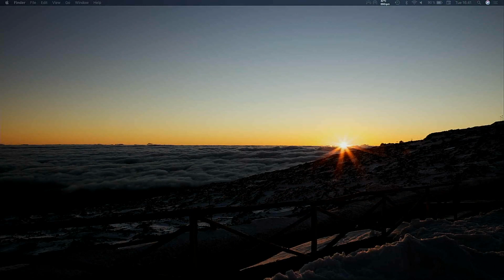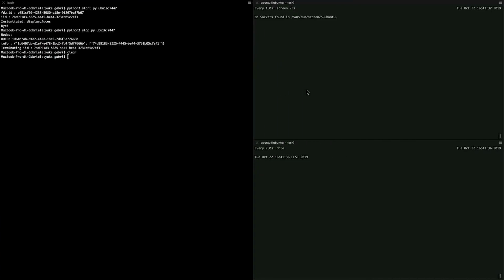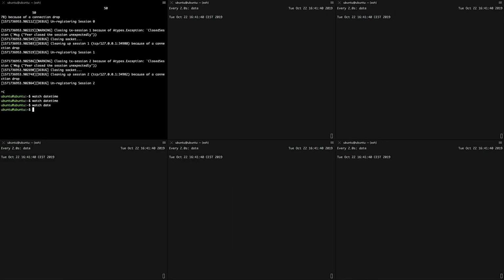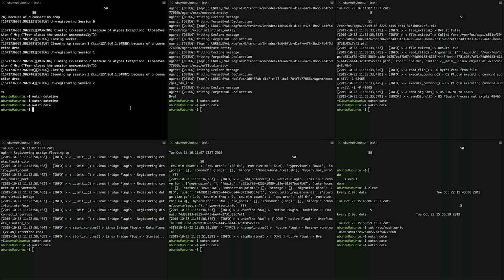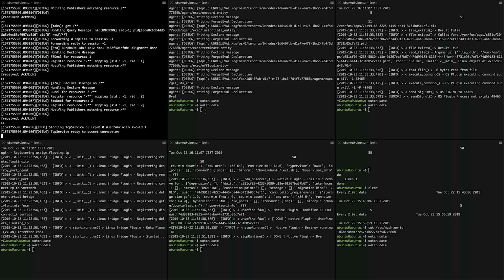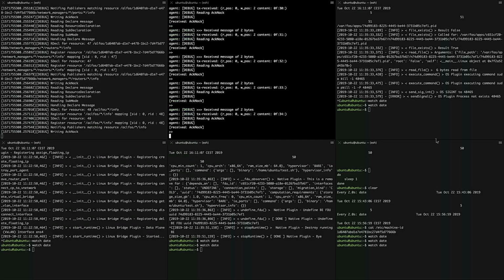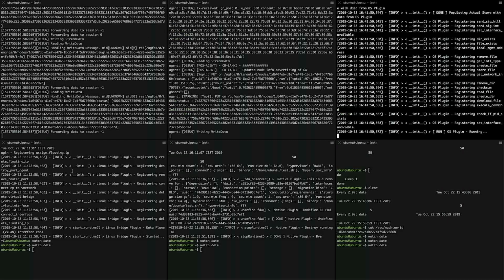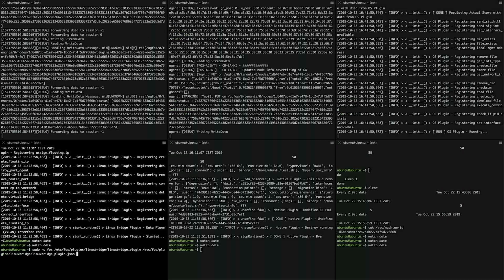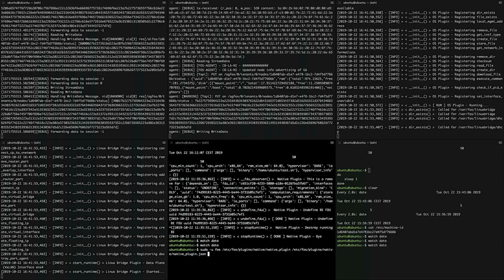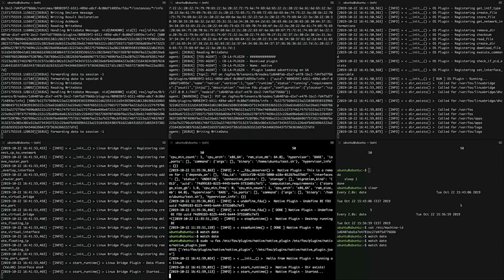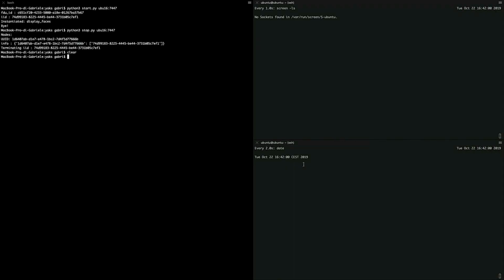Okay, so I have a lot of terminals over there, as you can see. In these terminals, I will deploy the components of fog05. Over there, I will deploy the Yaks server. This one, the agent. This one, the Linux plugin. And this one, well, you can also do this using systemd. I'm doing it this way because in this way we can see what's going on. And this is the native plugin. Okay, then I have started everything.